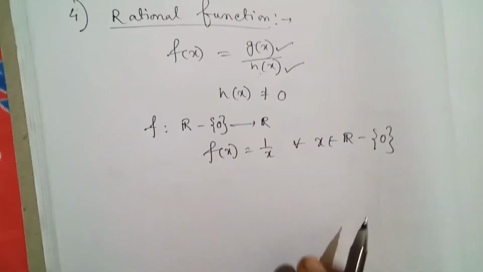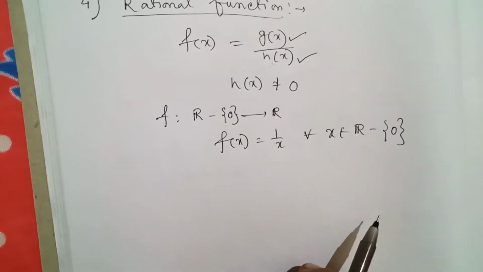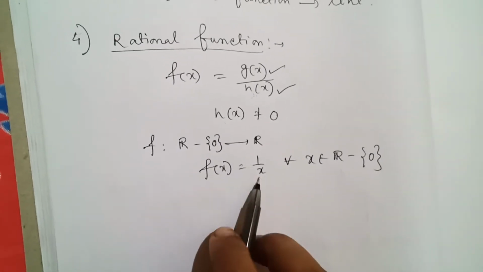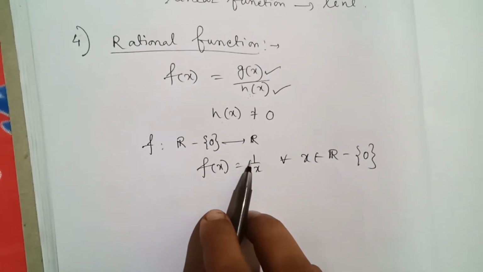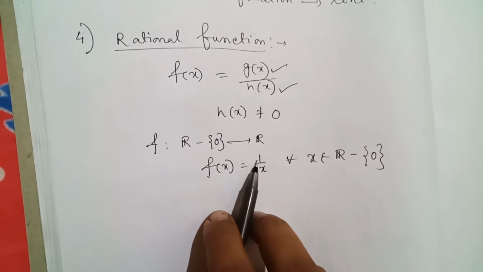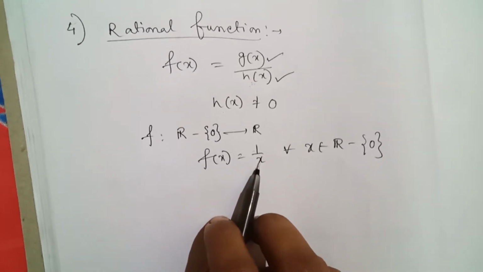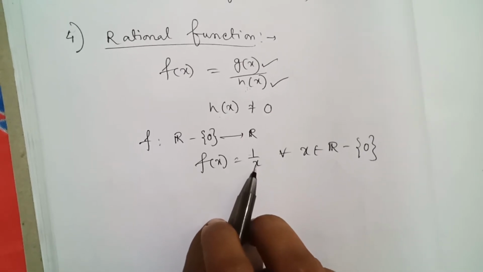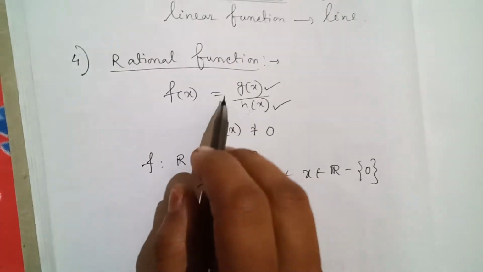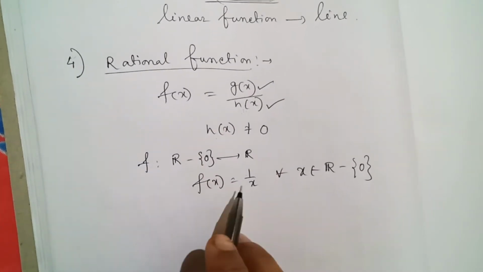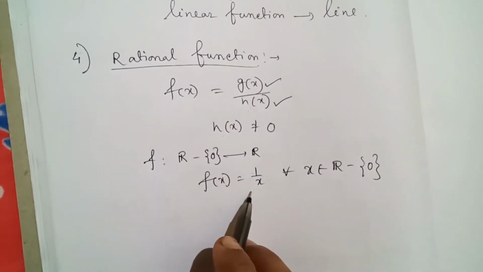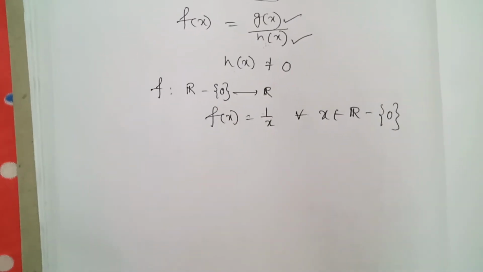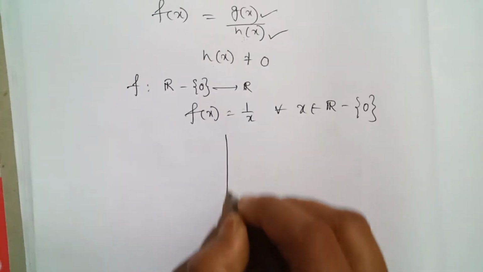This is a rational function. Why? You can see 1 is a constant function, but a constant function is also a polynomial function. X is a linear function, so it is obviously a polynomial function. That means the criteria of being a rational function is fulfilled here. So that's why we can say that 1 by x is a rational function,